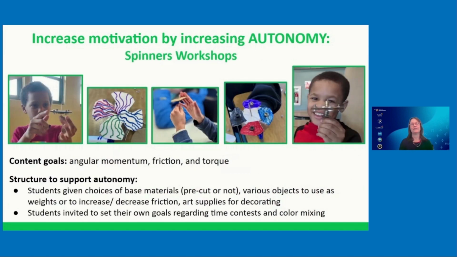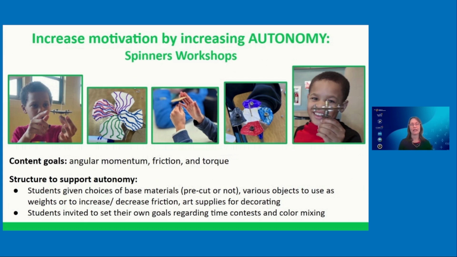There's another example of increasing motivation by increasing autonomy in the spinners workshop. This was a workshop about designing custom tops and fidget spinners. The content goals here were about angular momentum, friction, and torque. The structures that were in place to support student autonomy included giving students choices of what base materials to use, including some pre-cut shapes or not pre-cut, where students could choose their own shapes, and providing various objects to use as weights and or to increase friction or decrease friction in their spinners, and also providing optional art supplies for